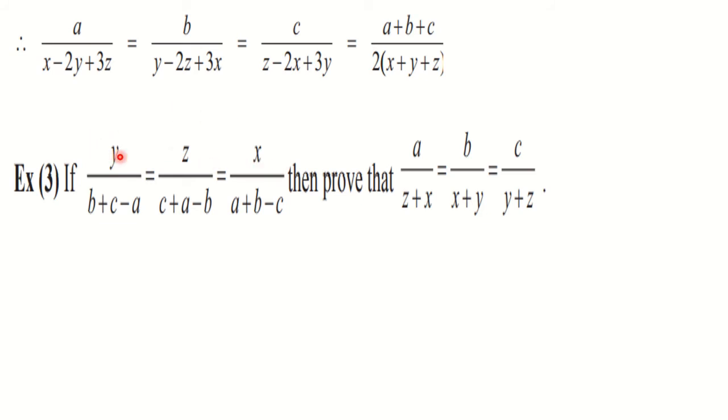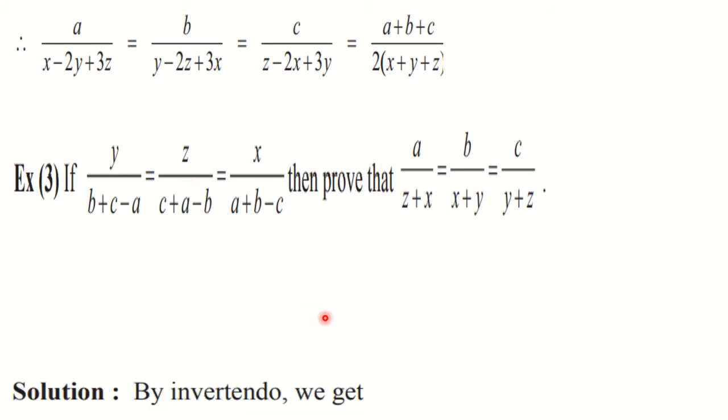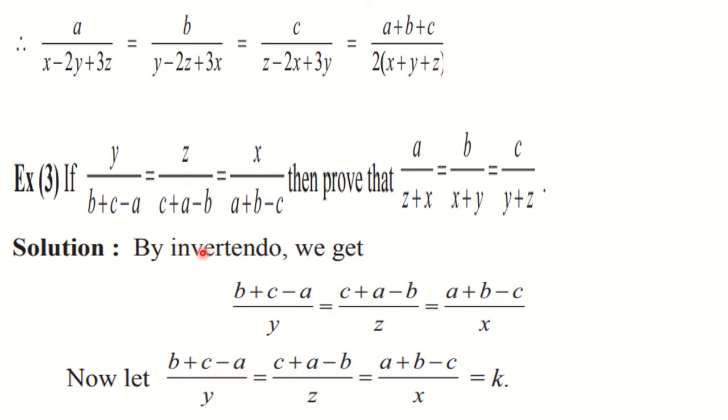Here they are in the numerator, but here they are in the denominator. Similarly, for a, b, c also you will observe, here they are in the denominator and here they are in the numerator. So the first thing you should do is invertendo, because we want exactly the inverse. x, y, z we want in denominators and a, b, c we want in numerators. Okay. So first of all, write down the given ratios, and write them by doing invertendo. So see, exactly the inverse is done.